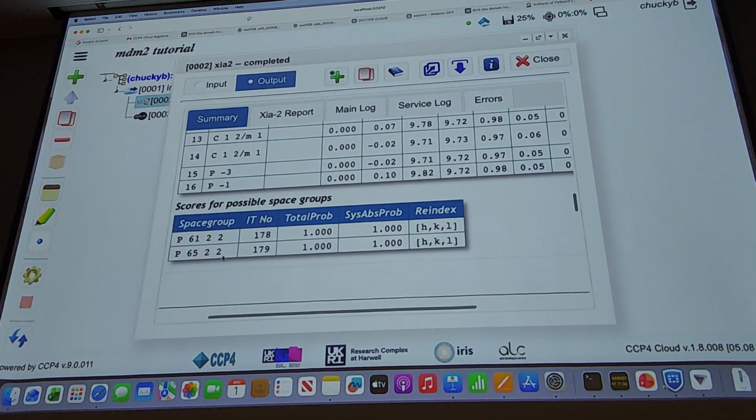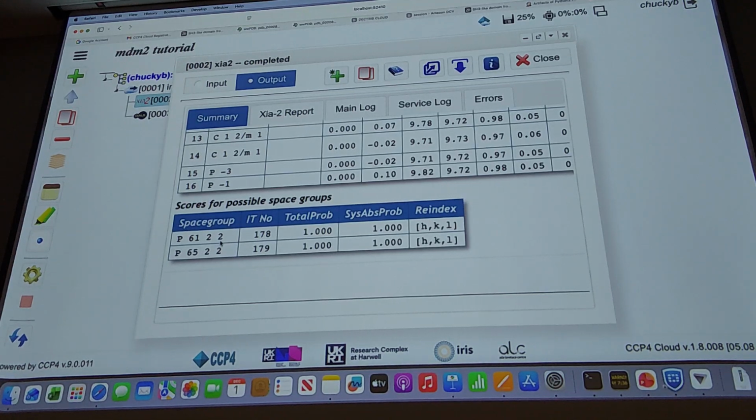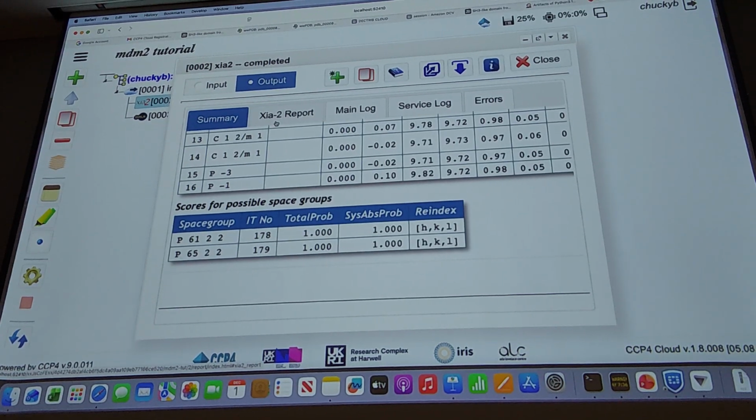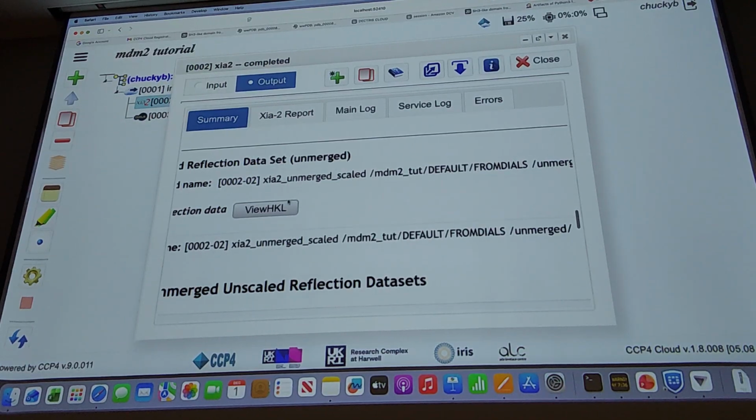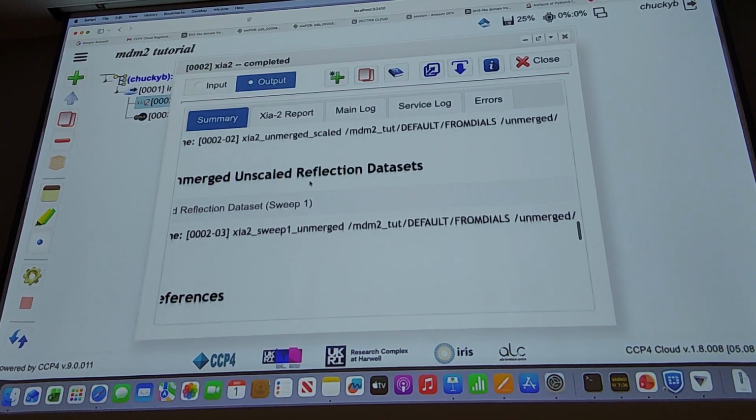So we're going to have to carry that information forward. Data processing will have selected one of them. We have to remember it can be either of them as we go forward. We will not know until at least we completed molecular replacement. Okay. That's a summary of information taken back into CCP4 Cloud. I can have a look at,